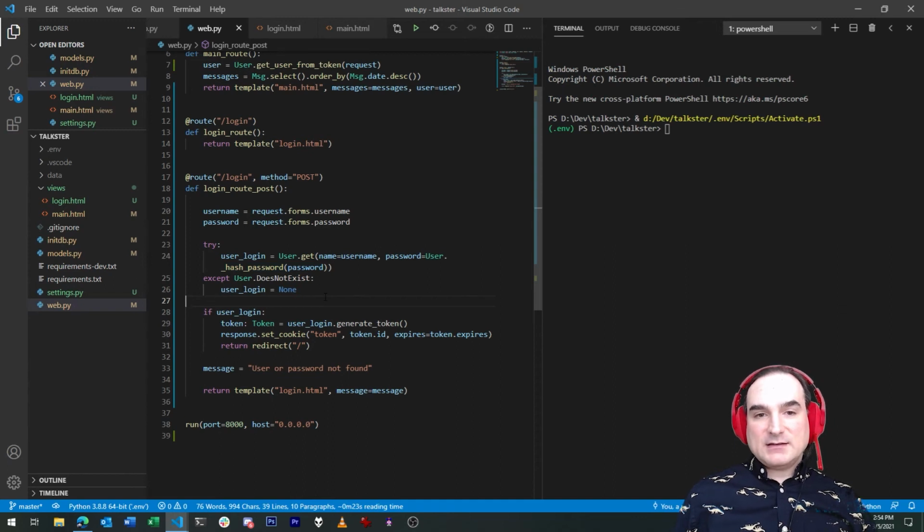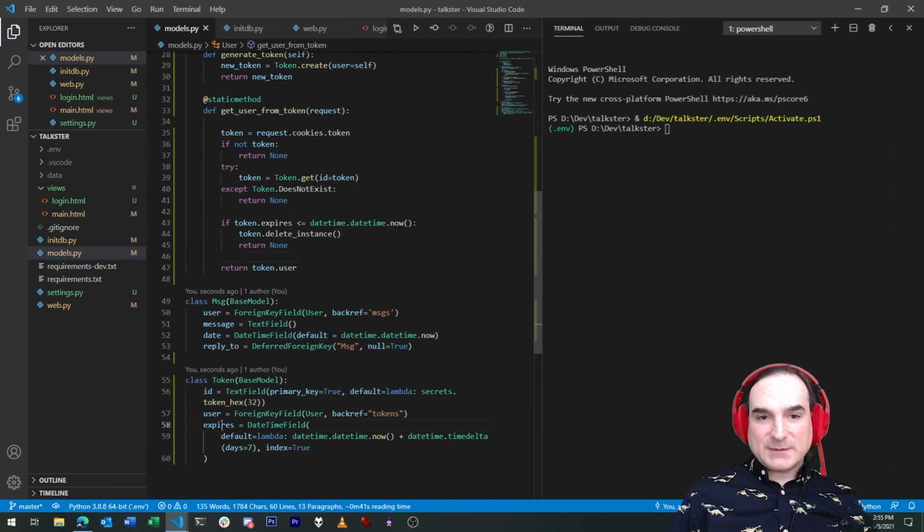If we do find a login, then we create a token, and we send the token data back to the user in the form of a cookie, and then finally bounce the user back to the home page. If any step of that fails, we just give the user an error message and have them resubmit the form. Also note that the cookie itself has an expiration date. It's the same one as our token, so that way the cookie should just expire along with it.